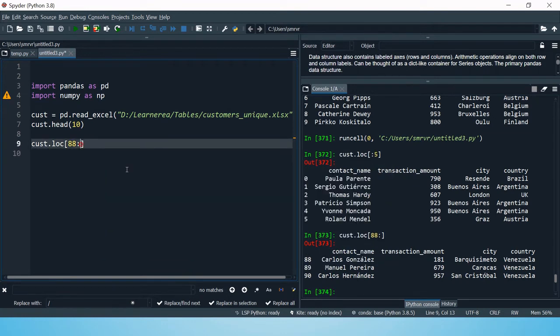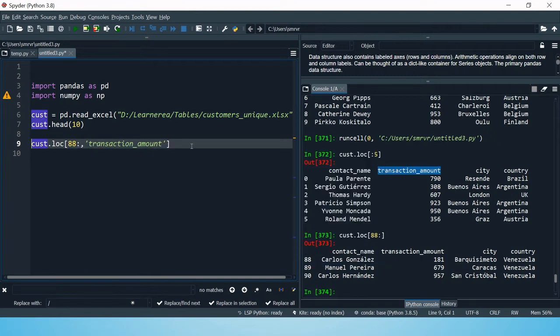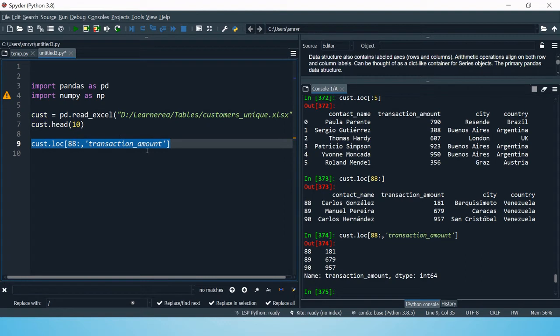And if you want to specify columns, how can you do that? For that you just need to put a comma and then put the column name. For example, here I want to put transaction amount. I want to select the rows starting from 88 but for only one column, that is transaction amount. So this is how you can make that.